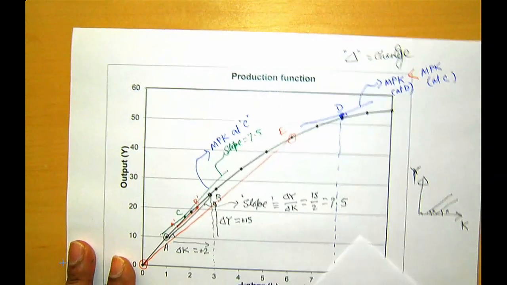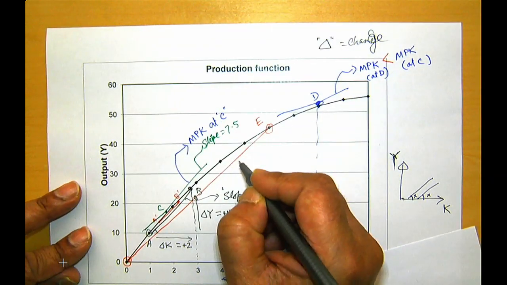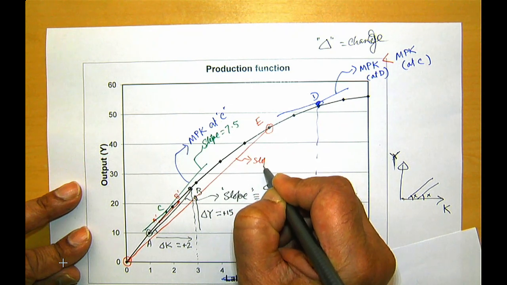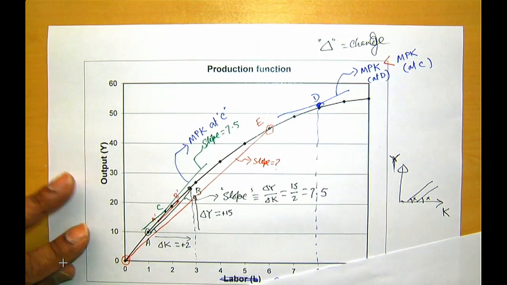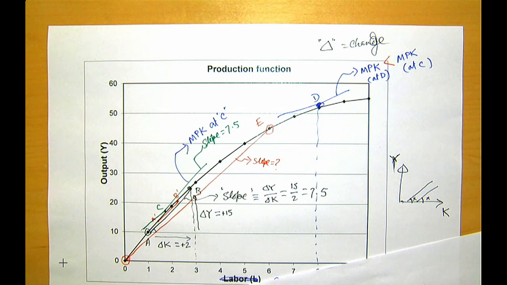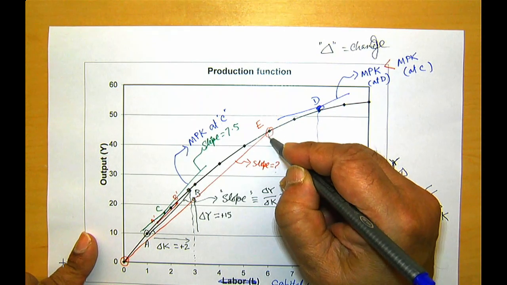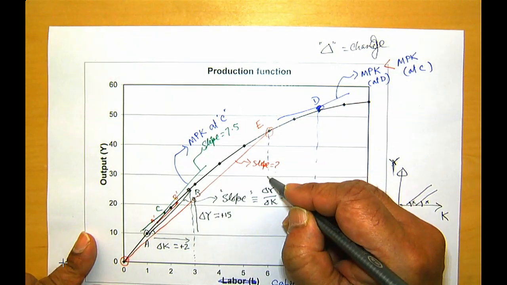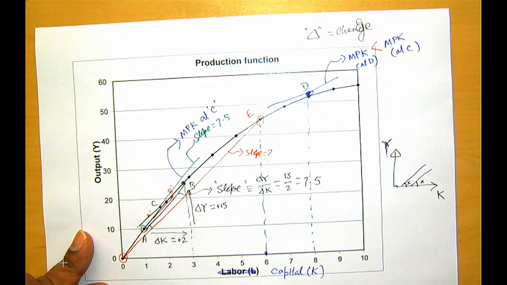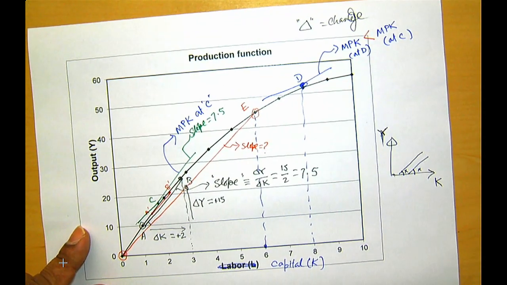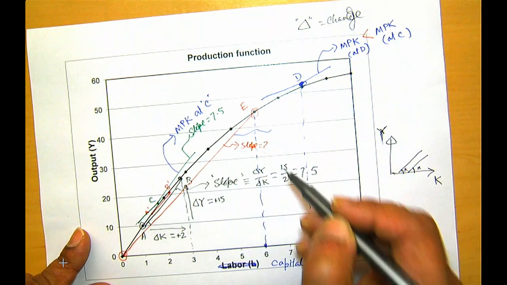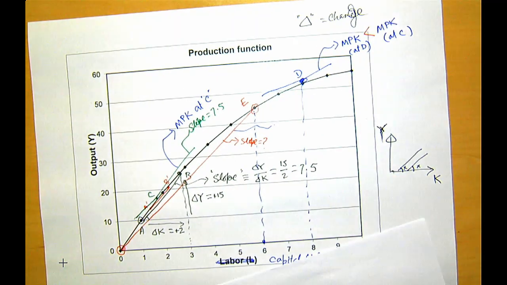Okay, it's a straight line. What is the slope of this straight line? That's my question. Again, rise over run, so you have to see how I go to E. You have to drop a perpendicular from E to this axis, come to 6, right? So the slope of this line is how much? Raise your hand quickly. What's the slope of this line?